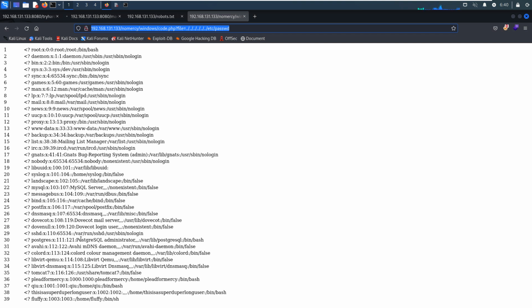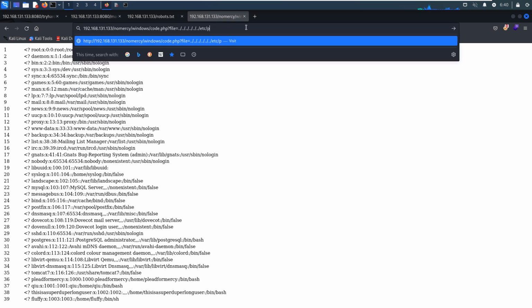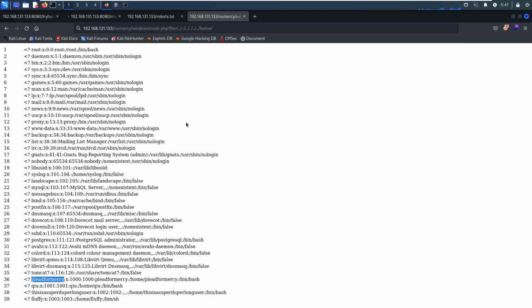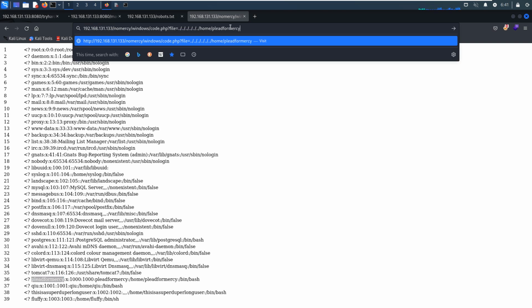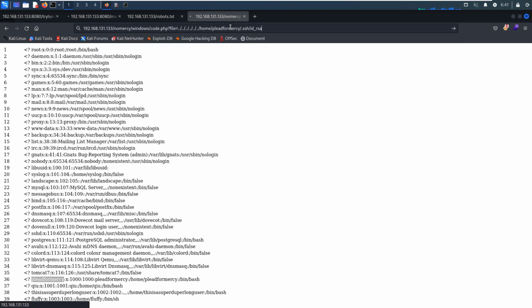Next we can try to retrieve the private key, if a private key is there. So how to do? We can go to the home, and the user, this first user, SSH directory, private key, not found.